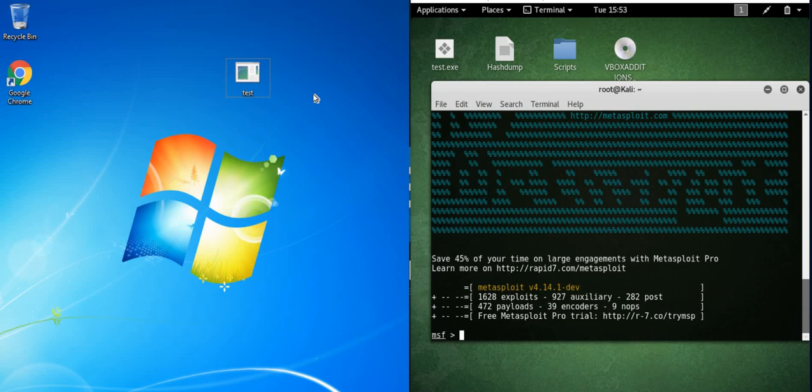I have two VMs configured on the same DHCP, and I have assigned IP 10.0.2.6 to Windows 7 and 10.0.2.5 to Kali. I have already loaded test.exe with the payload of reverse TCP, and we will be using the same to get the Meterpreter of Windows 7. So let's get started. I'll be using exploit/multi/handler,